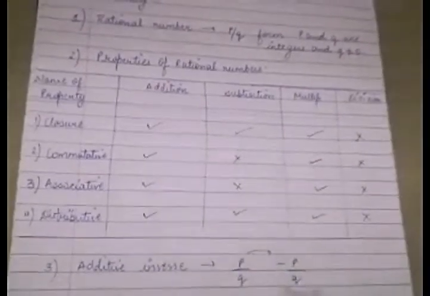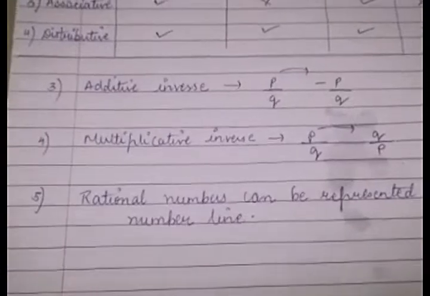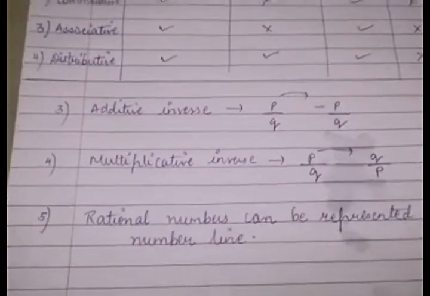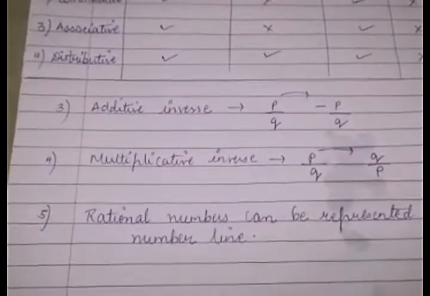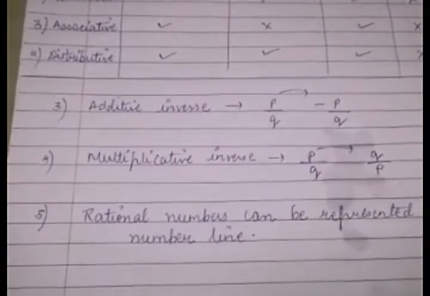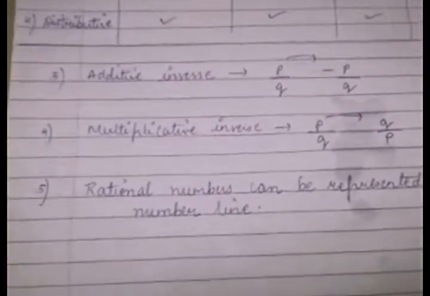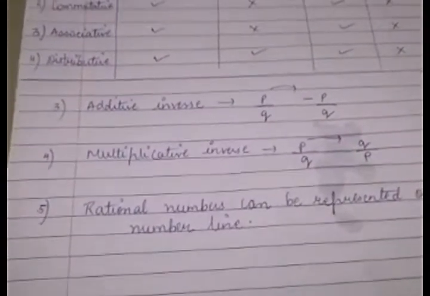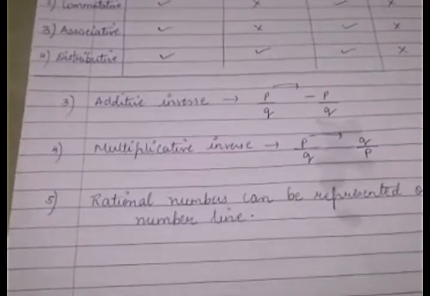Okay, now what is additive inverse? We have learned that if any number is in the form of a rational number, positive number p upon q, the additive inverse of that number will be minus p upon q. Similarly, for multiplicative inverse, if we have any number in p by q form, the multiplicative inverse of that number is q upon p. Okay, then we have seen that rational numbers can be represented on a number line,